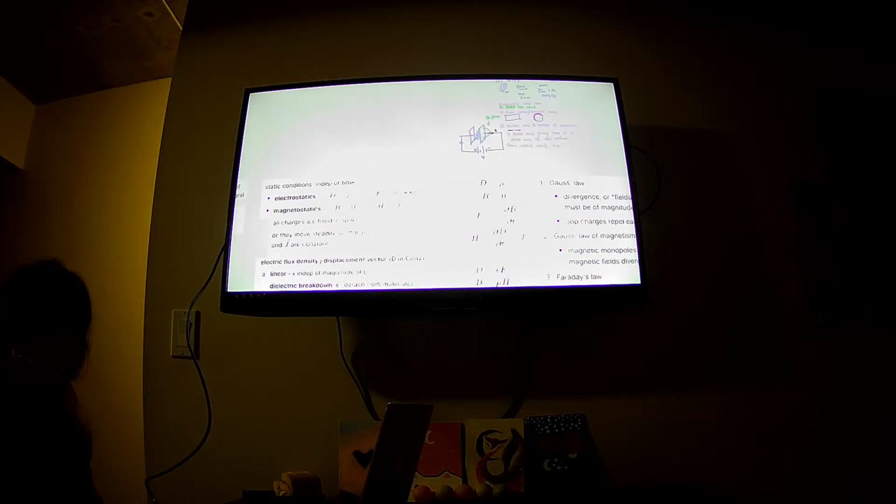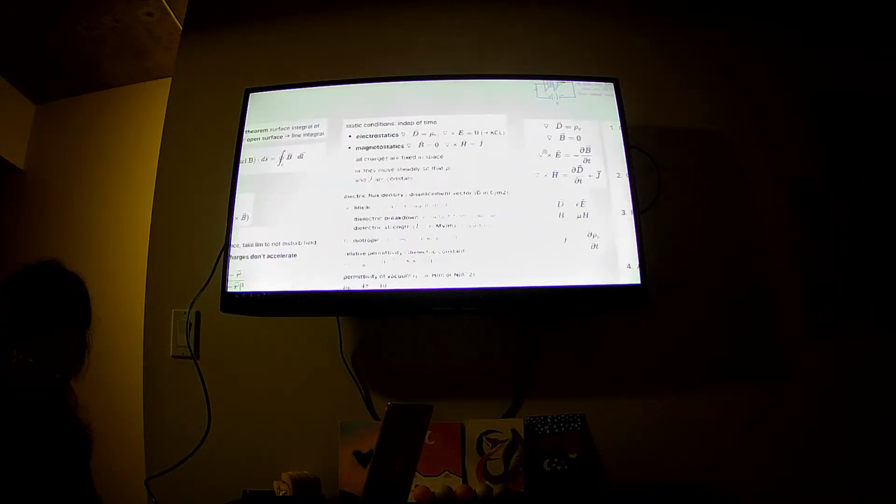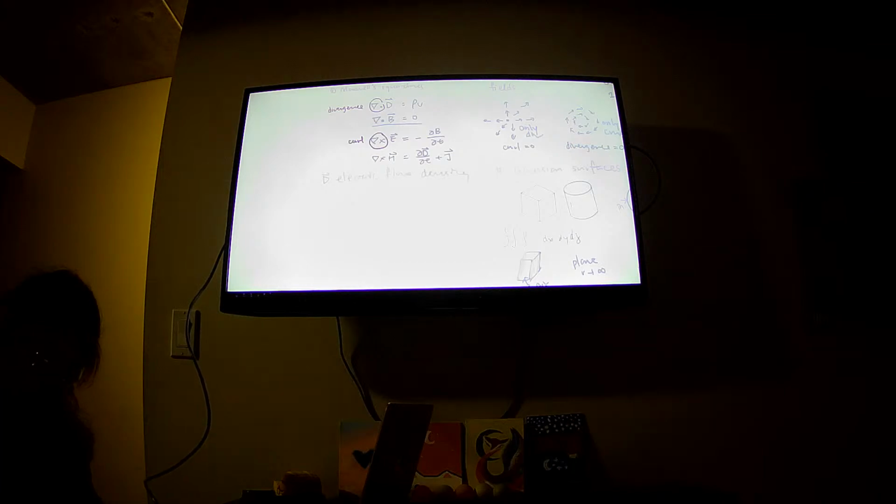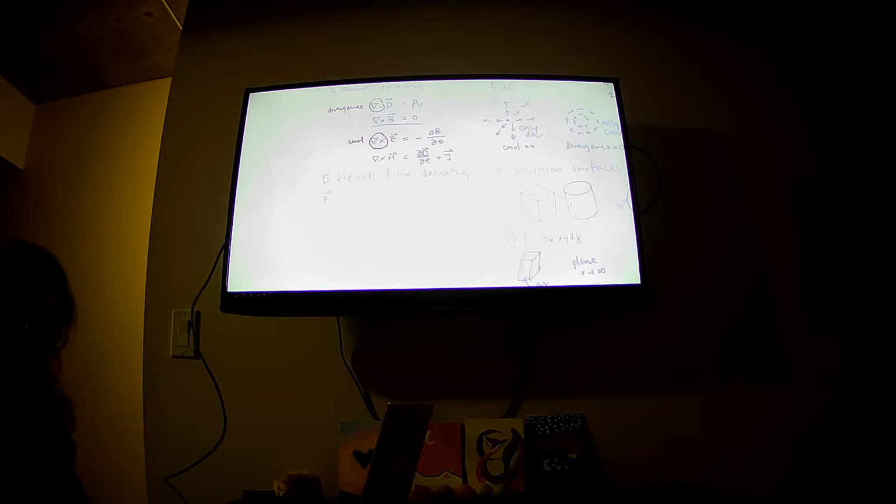The divergence of B is zero because the magnetic fields go in circles. And if you have circles, it doesn't go up. And then E is a composite of D, which is dependent upon epsilon, which is a